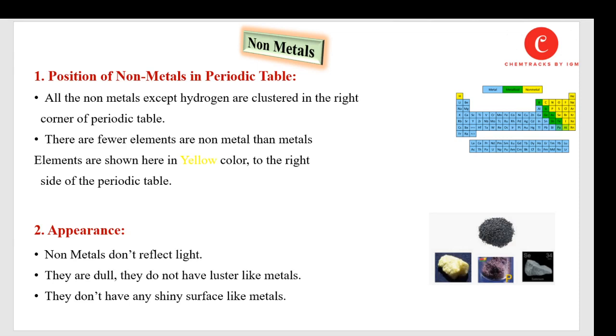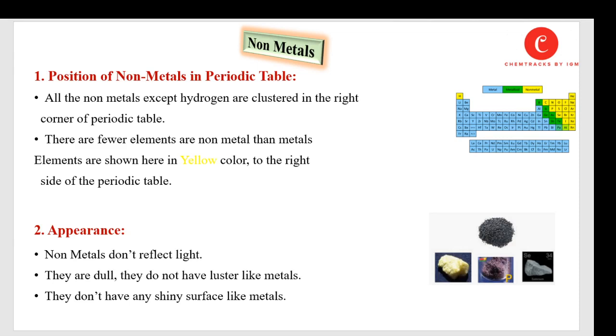All the elements on the right corner of the periodic table are non-metal in nature except hydrogen, because the position of hydrogen is still controversial in the periodic table, so hydrogen is placed in group 1, while non-metals include all the elements from group 8, 4 elements from group 7, 3 elements from group 6, 2 elements from group 5, and the one element that is carbon from group 4. It means carbon and all the elements from groups 5, 6, 7, and 8 are basically non-metals in nature.